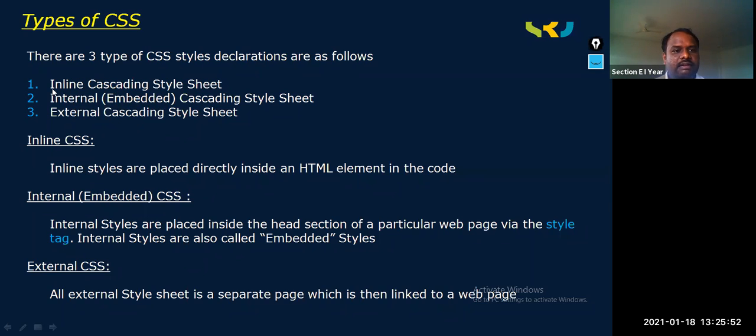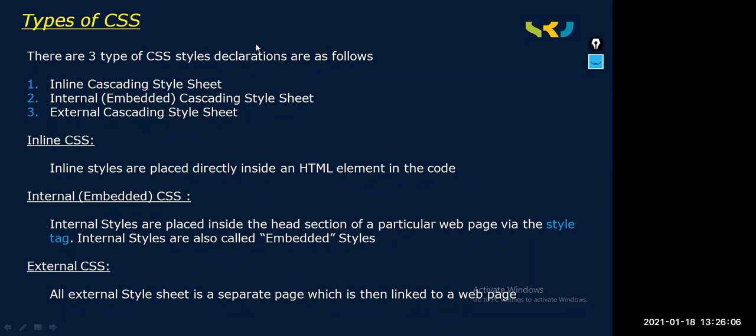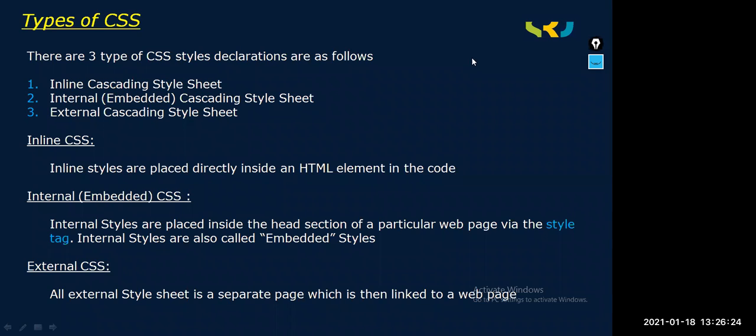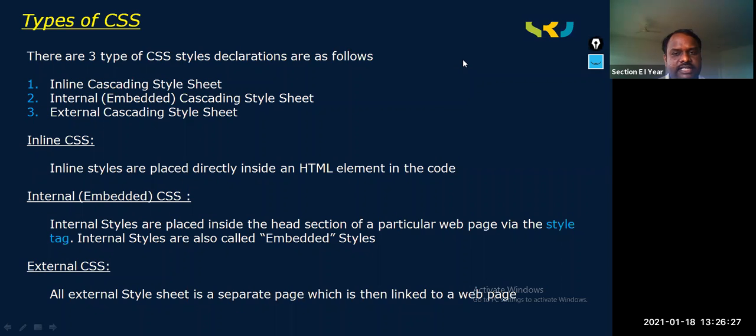Can you tell when a CSS is said to be inline CSS? What is inline CSS? One style, only once, in one line. Very good. In the element itself, we write CSS. Which attribute did we introduce to write CSS? The style attribute. Very good. For that style attribute, we assign CSS properties.